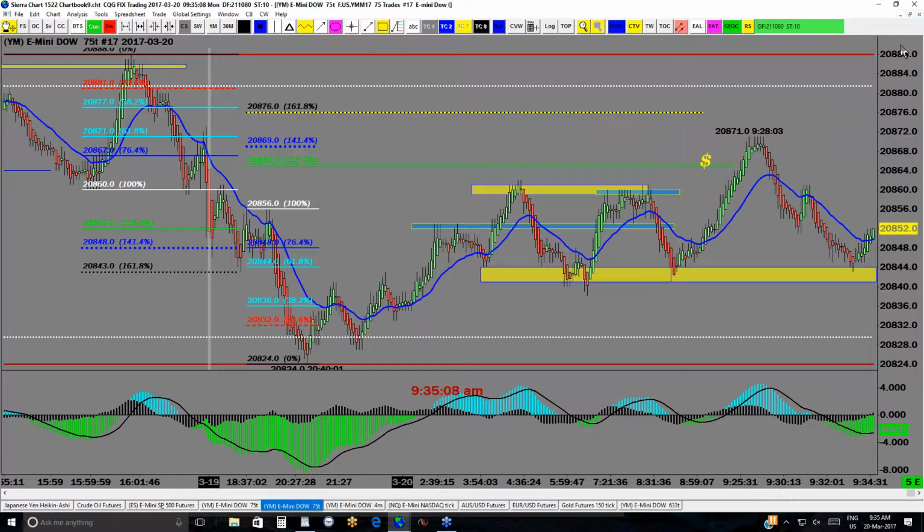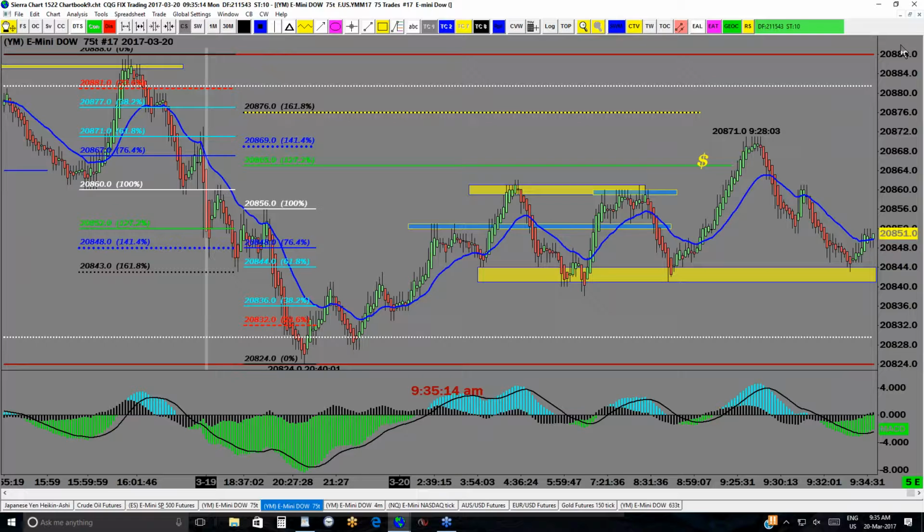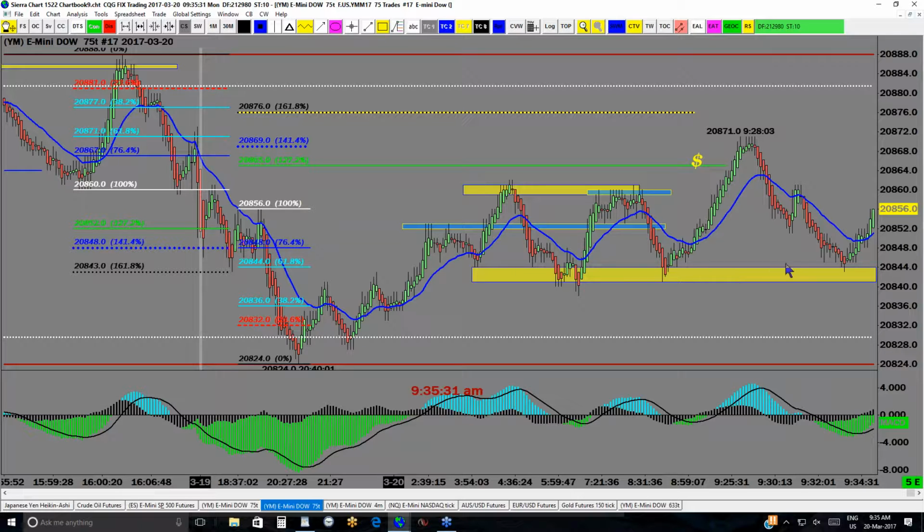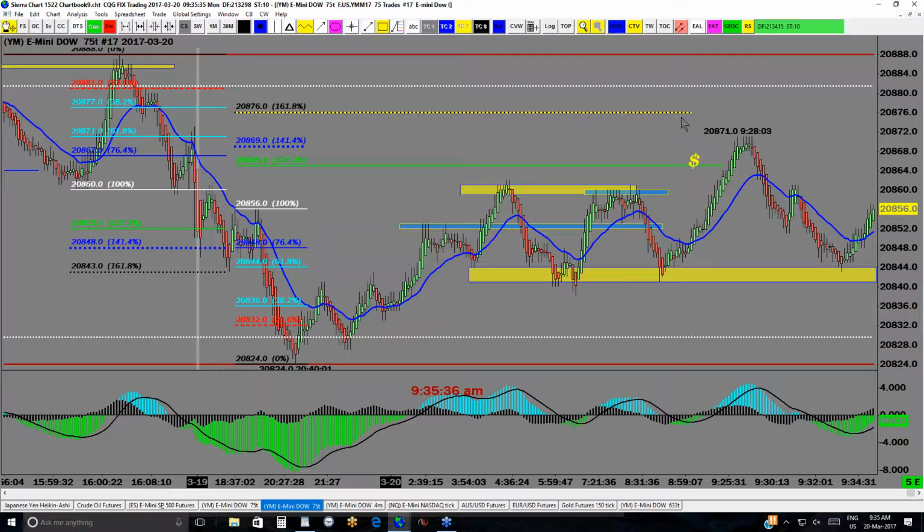Here we go, take 2. All right, what we were talking about, forgot to turn the microphone on, is a push to the 127 money off on the YM here. It was pretty much the first to really show the collapse after the timestamp of 928. We're looking for the pullback into this horizontal yellow to hold as a support to make it to target